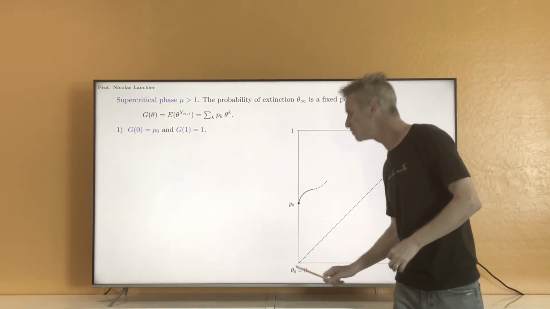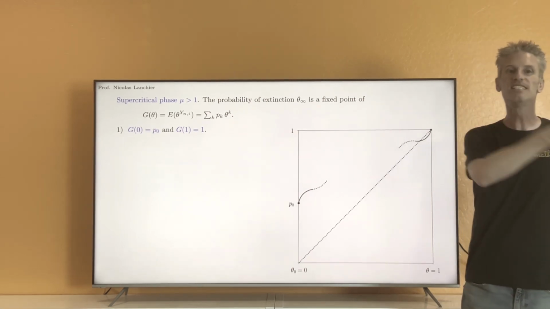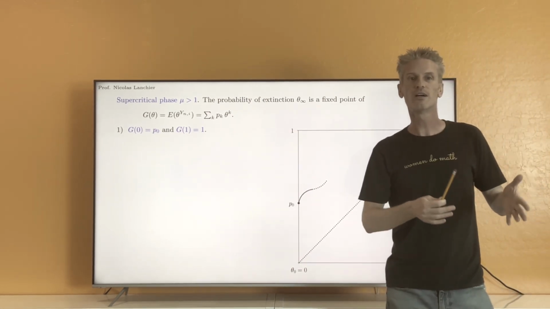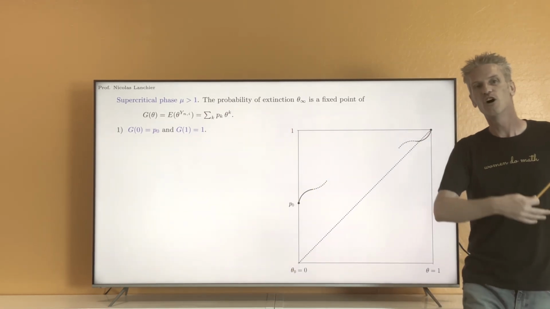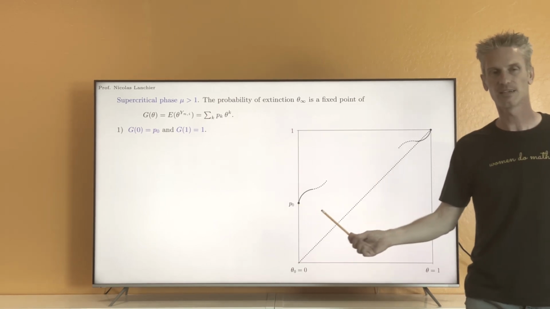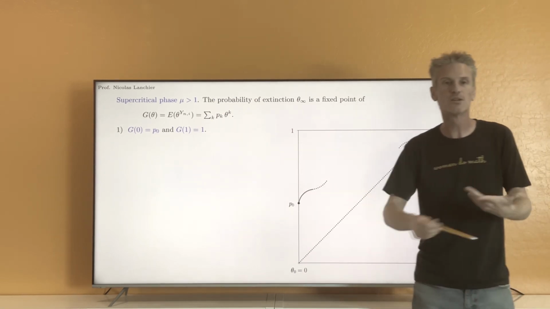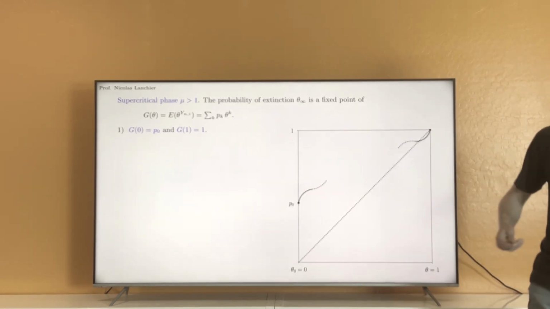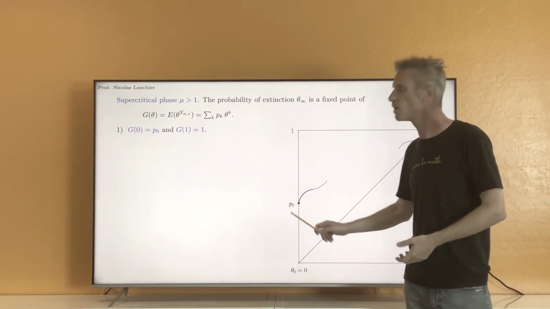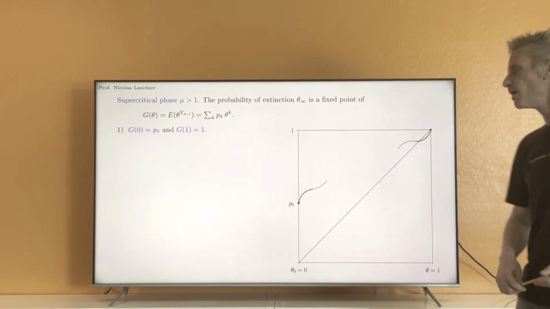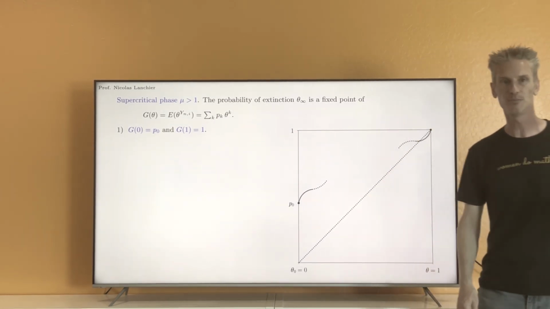Now, we can have p0 equals 0, okay? That's a possibility. But if p0 equals 0, that means on the contrary that every individual must have at least one offspring. And in this case, it's obvious that we will have survival with probability 1. So I'm excluding the case p0 equals 0 in the picture because that's just trivial. Okay, it's not that we don't know how to do it, that's just easy, that's trivial. So the case that is non-trivial is when p0 is strictly between 0 and 1. Okay, so 0 is trivial, 1 is not possible, so I'm taking p0 in between.